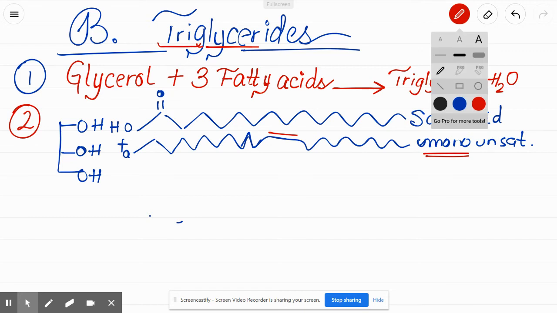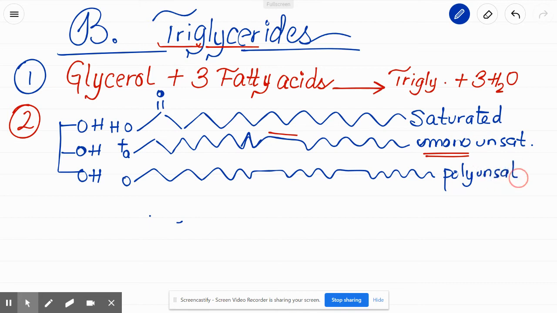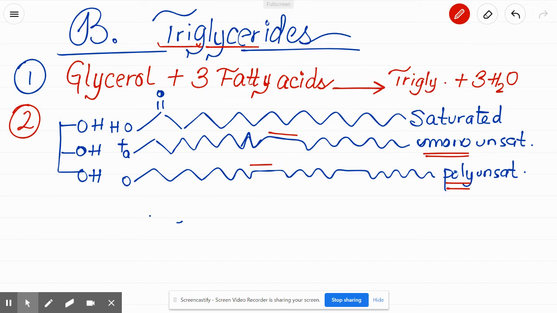And then the other one, now here is actually polyunsaturated fat, which has, poly means many, so it could have many double bonds here, and we have the same thing going here. Now what basically happens is that we will have